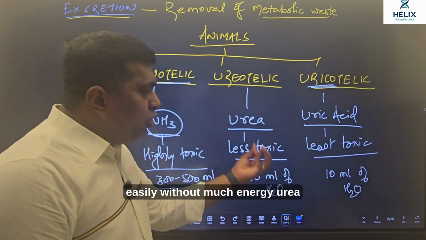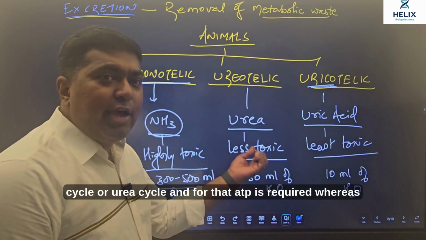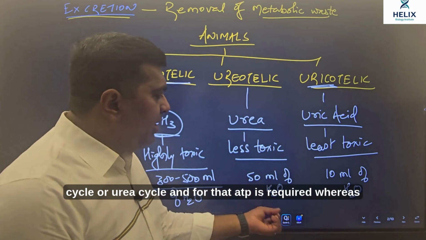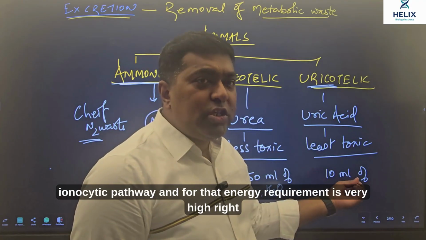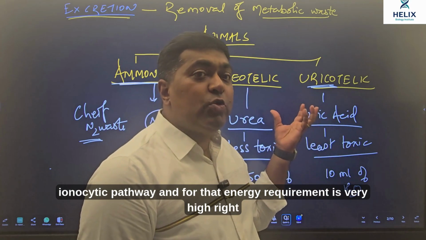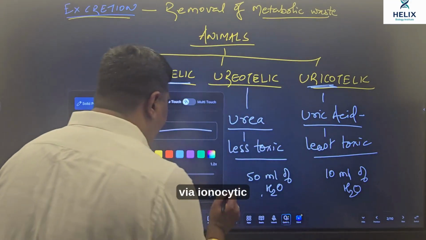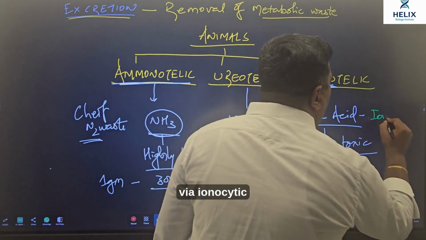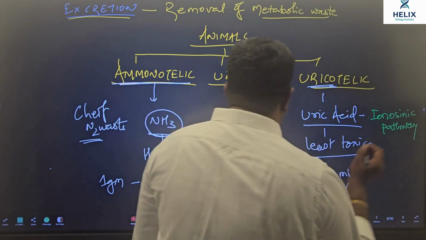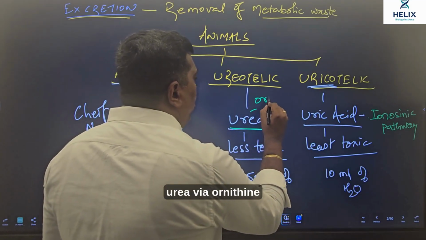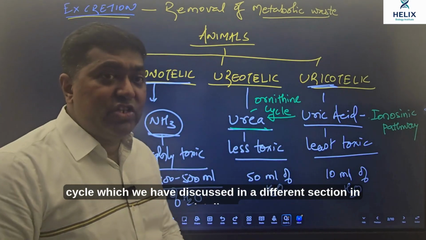Urea is formed from the ammonia by the process called ornithine cycle or urea cycle, and for that ATP is required, whereas uric acid is formed again from ammonia through inosinic pathway, and for that energy requirement is very high. Right? I repeat, uric acid is via inosinic pathway, whereas urea via ornithine, or you can also call it the urea cycle,